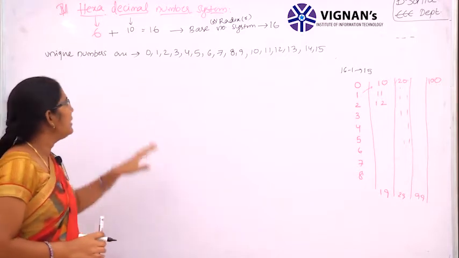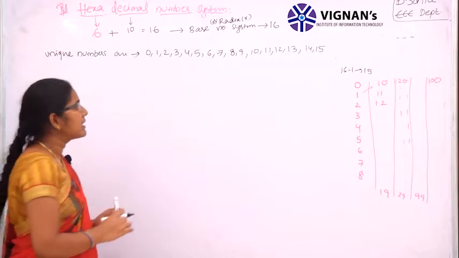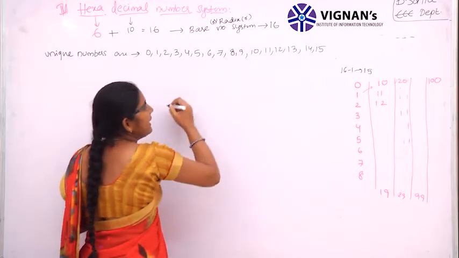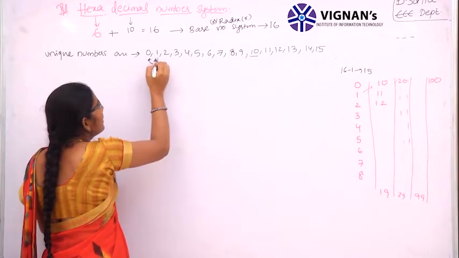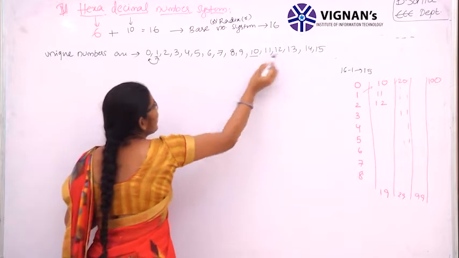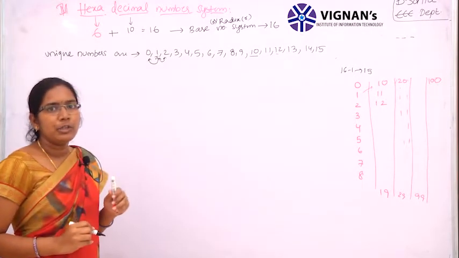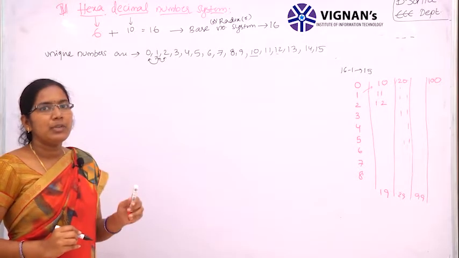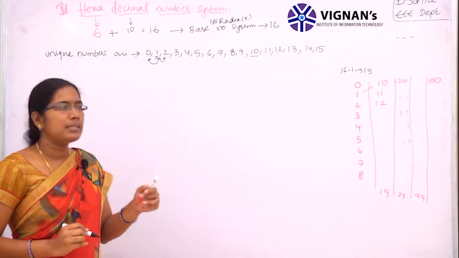Fine. But these numbers, if you observe, are not unique numbers, because after 9 we are developing 10, a combination of these two digits. 11, a combination of this digit. 12, a combination of 1 and 2. As I already told you, unique numbers are always unique. Based on those numbers only, we can develop the remaining number system.